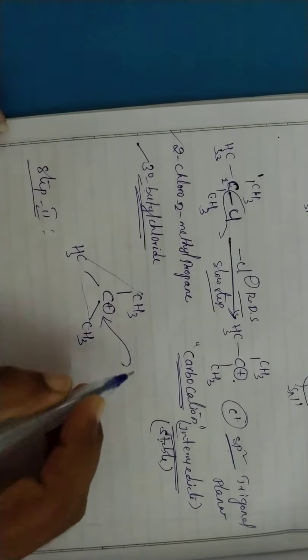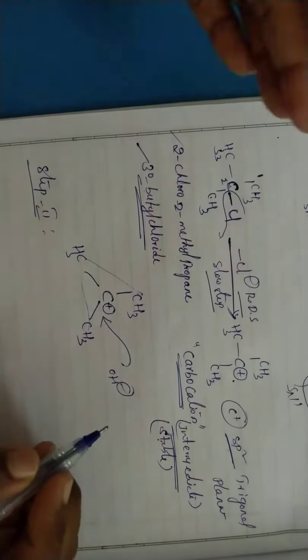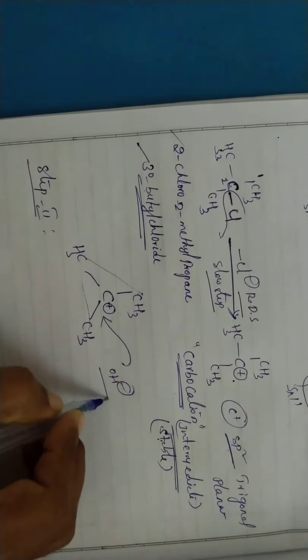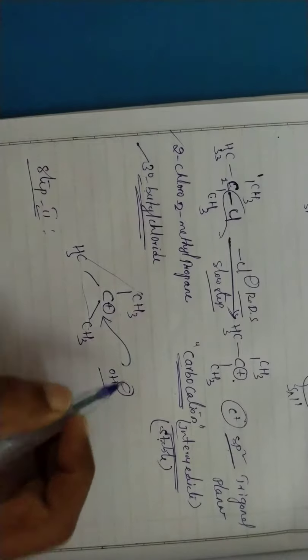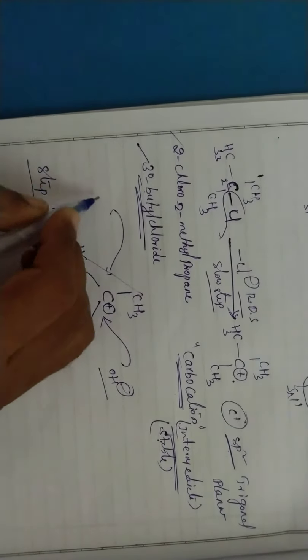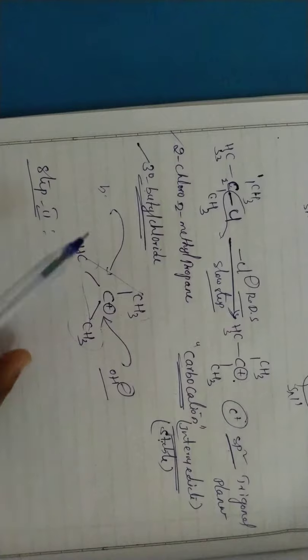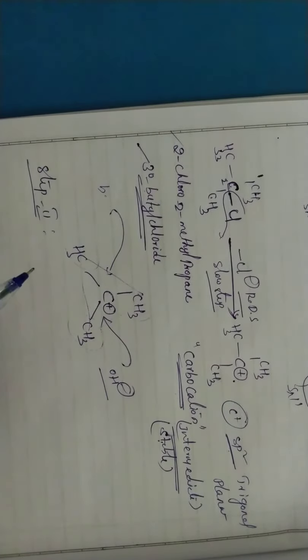That means the new nucleophile, that is OH minus. In the reaction we have taken the OH minus. The OH minus can come and attack from the front side or from the back side. Understand? So here my hand is there, so it is in plane. The OH minus can come and attack from the front side, or it can come and attack from the back side. Why? Because the methyl groups are not coming in the way of OH minus.